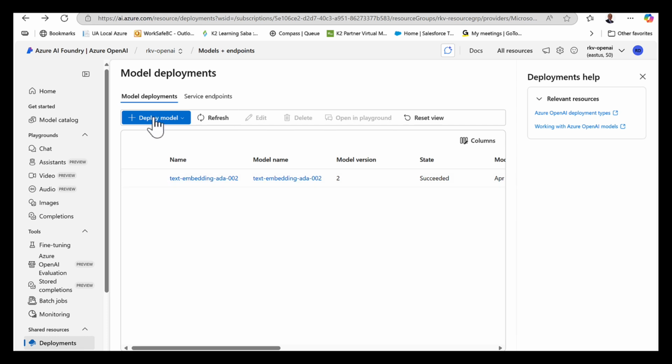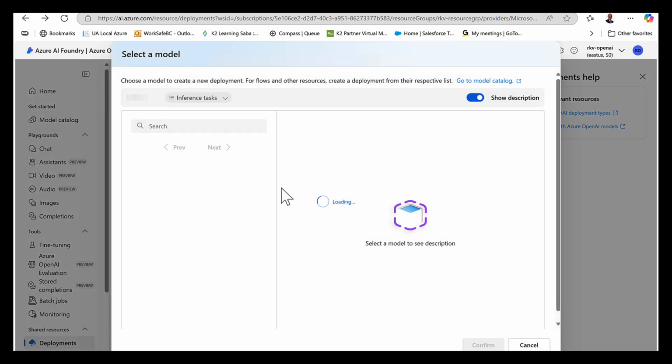But let's say I just want to deploy another model, so I could choose deploy base model or deploy fine-tuned model. The base models are already available, like for example GPT-4 Mini or whatnot. But the fine-tuned models are more likely the models which you have fine-tuned based upon your specific use cases and business requirements. So let's deploy this base model. Once you click on here,